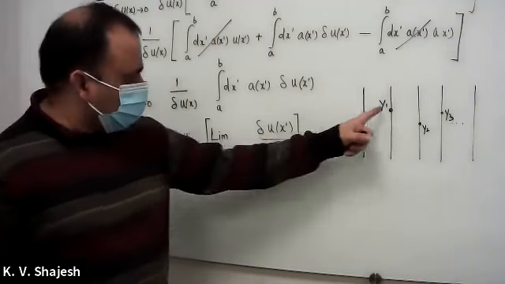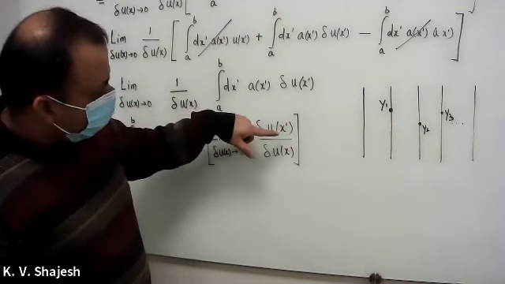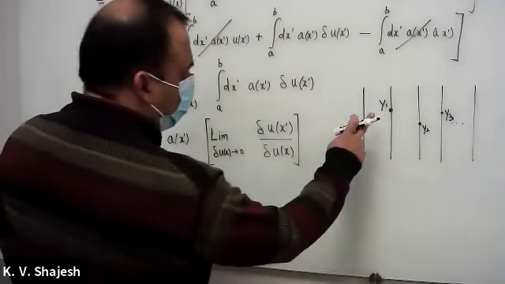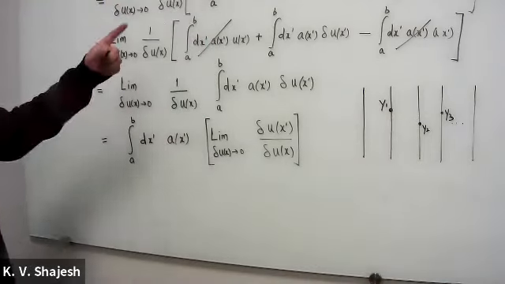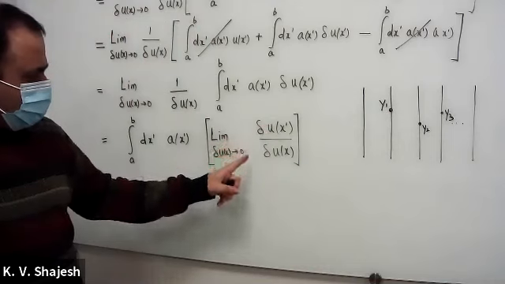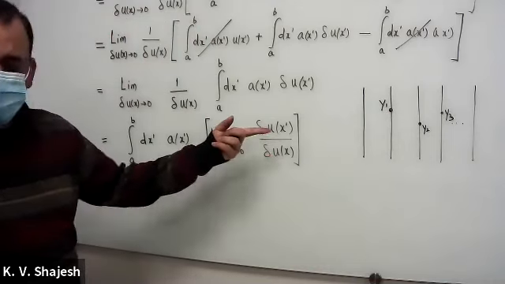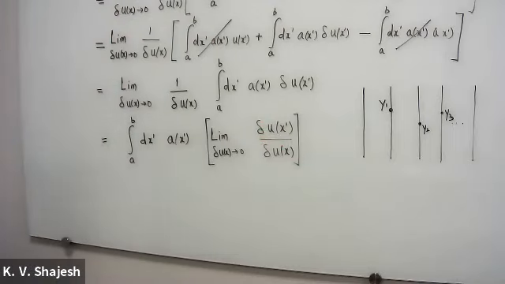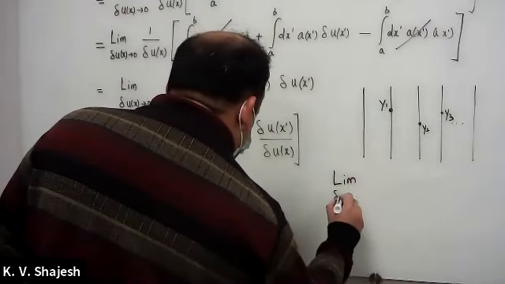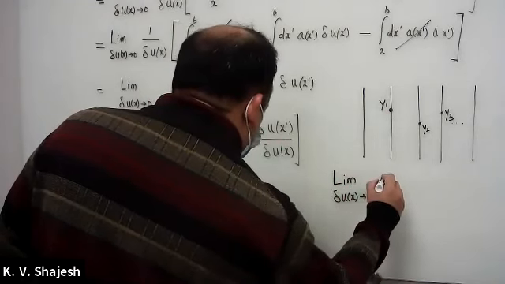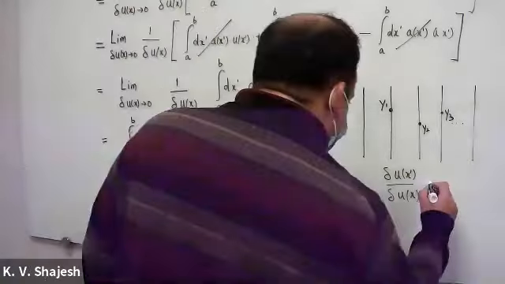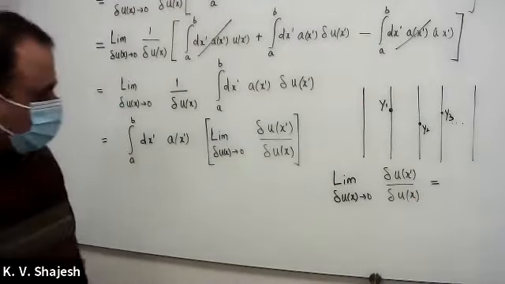This is a variation. So this y1 will be the variation of u at point x prime, and this is a change in the variation at point x. So we said that y1 and y2 are independent there. Exactly like the partial derivative, when we were doing this for the vector function, we said u1 is independent of u2. So here we are going to say that the variation at x and the variation at x prime are independent of each other. So we are going to make a big claim here, or what we are requiring is that delta of u of x, as it tends to 0, of delta of u of x prime over delta of u of x is equal to 0 if x is not equal to x prime,